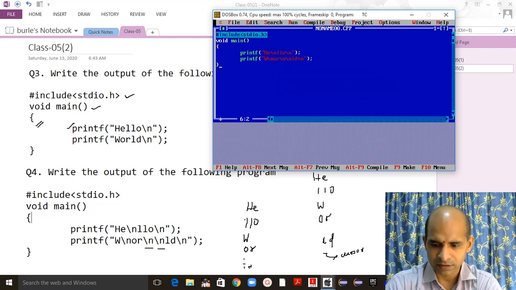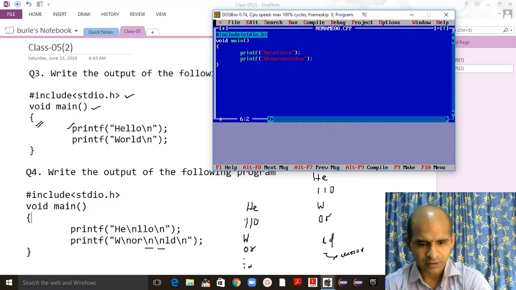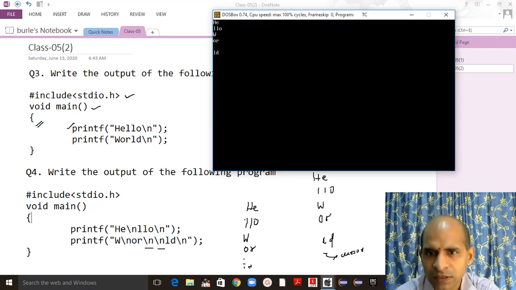Alt F9 success, Ctrl F9 then Alt F5. So exactly we are getting the same answer that we have written.